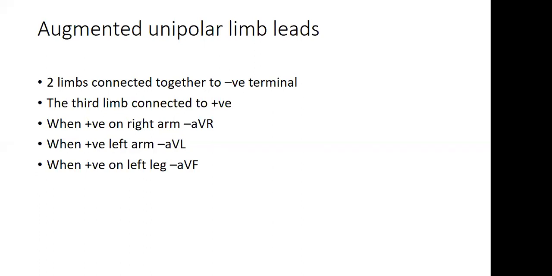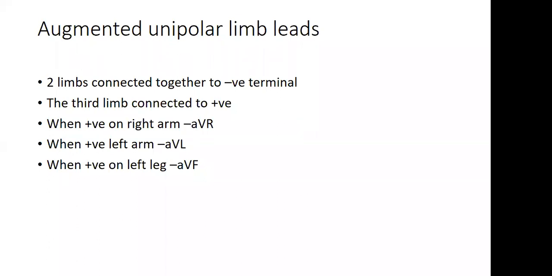Here the word unipolar is used, which means that you make two limbs into one and then use another limb, the third one. So two limbs are connected to the negative terminal, or they are made zero, and you are left with one limb which has to be connected to the positive one. Now the name goes after the positive one. If the positive point is connected to the right arm,